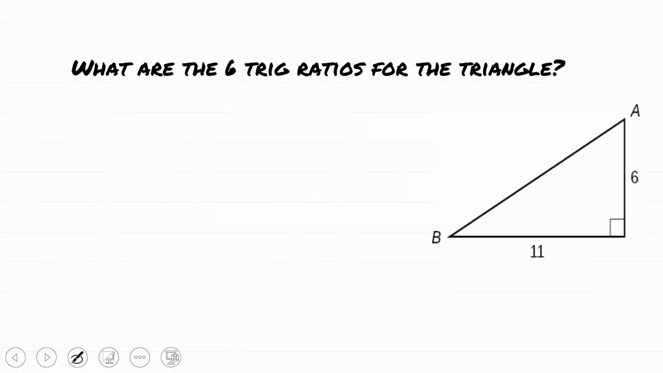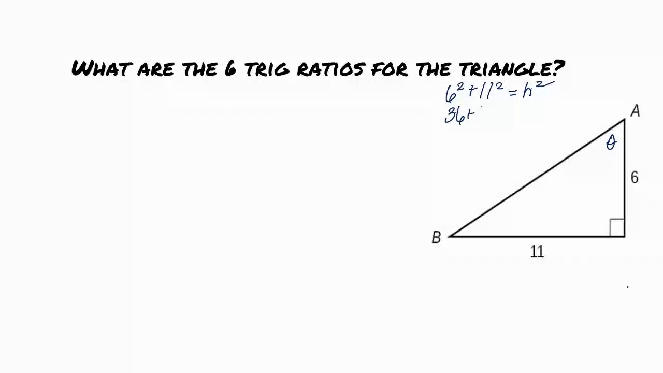So this time we want to do the trig functions for the triangle, and let's choose angle A this time. We'll make that our theta. Now, I'm missing something here. I'm missing a third side. So before I can start finding sine, cosine, tangent, etc., I need to find out how long is the hypotenuse. And I use the Pythagorean theorem to do that. Remember, 6 squared plus 11 squared equals my hypotenuse squared. 6 squared is 36. 11 squared is